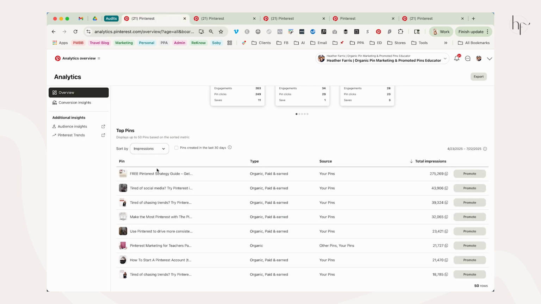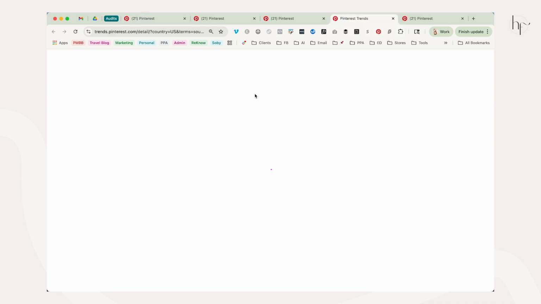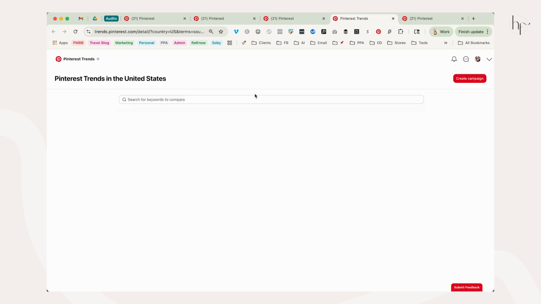If you look at this report and you set it to 90, just keep that in mind. It's not going to be perfect, but I want to correlate that trends audience to my Pinterest trends, the keywords that I have been historically using for the last 90 days. And I want to see if there's overlap.